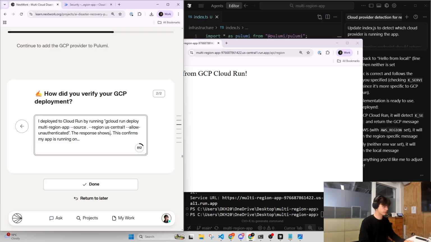The response shows that the Cloud Run instance has been deployed successfully. This confirms my app is running on